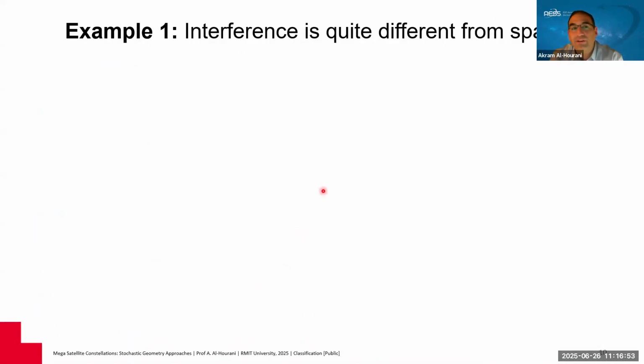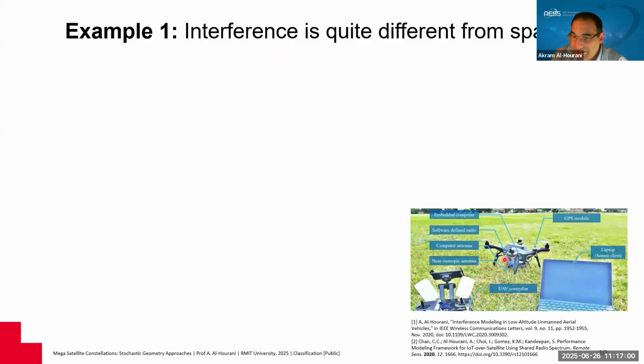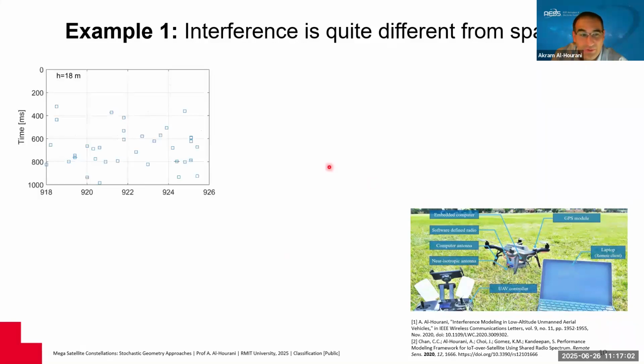I'll give you a few examples of challenges in satellites. So this is an example of interference. It's not a satellite, it's just a drone, but I want to show you the packets. The x-axis is frequency, the y-axis is the time of collection, and these little squares mean there is a transmission being collected. This is called the ISM band, and these are IoT traffic, most likely